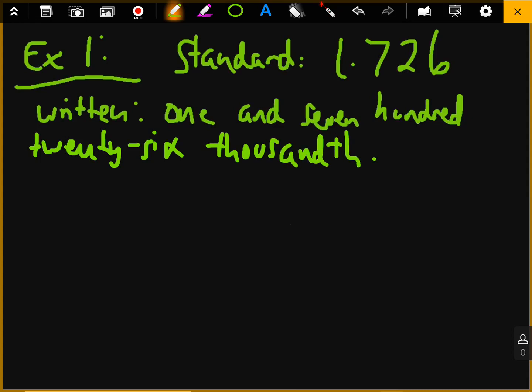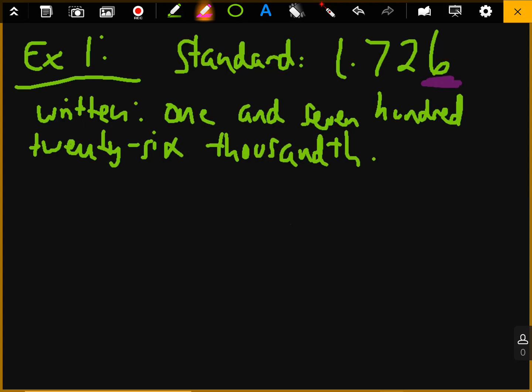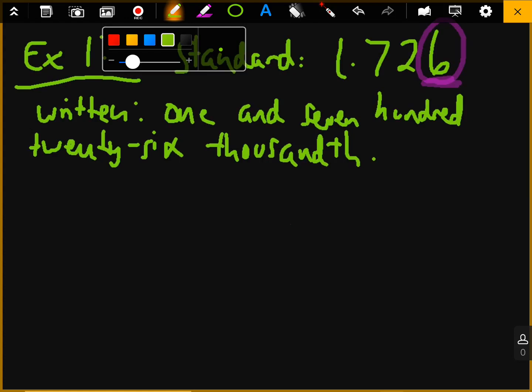So when you're writing it in written form, you have to make sure whatever number it ends with, right? Just like if I said 1.726, it's 1 and 726 thousandths, because that's the last number, and it's in the thousandths place. Okay? And then expanded form